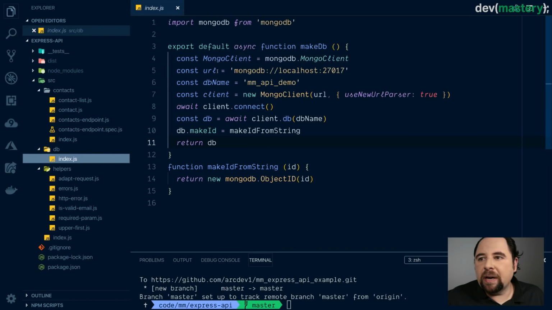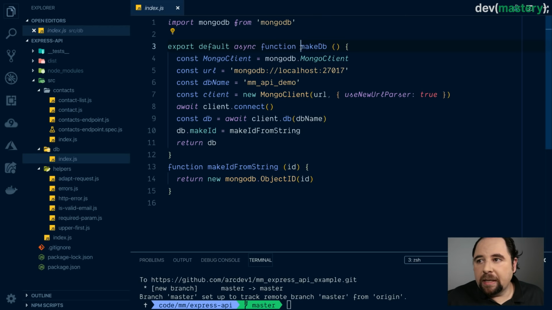Okay, and that's where we're creating a connection to MongoDB. Now, obviously, I've hard-coded my localhost right now. In a real application, you'd be using process variables, and you'd have different environments, et cetera. But I whipped this up quickly as a demo. So we've got the details of creating a database connection isolated into this